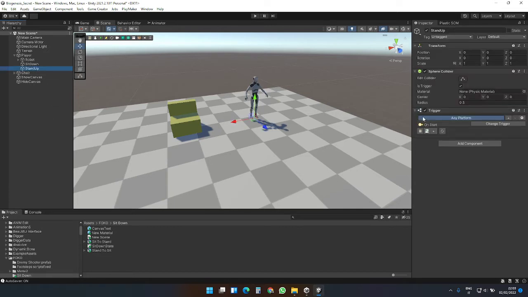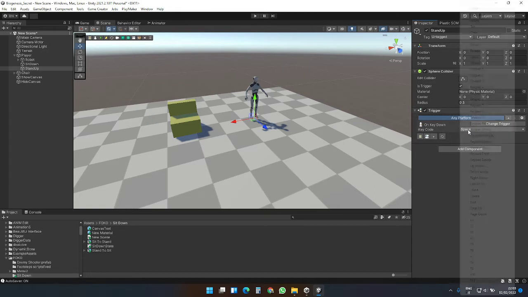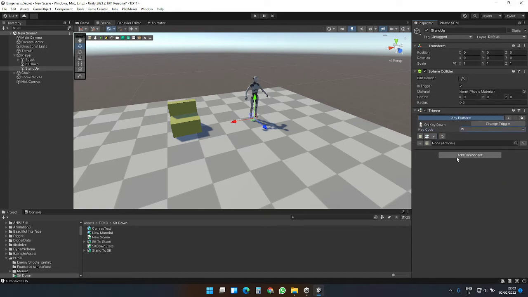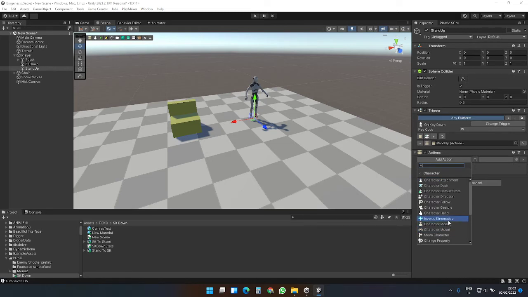And the stand up change trigger, we will put this on the W key probably because everyone is pressing the W key. This one is going to be a little bit tricky. Key down W, put an action, add an action, drag the action, and the state character state,